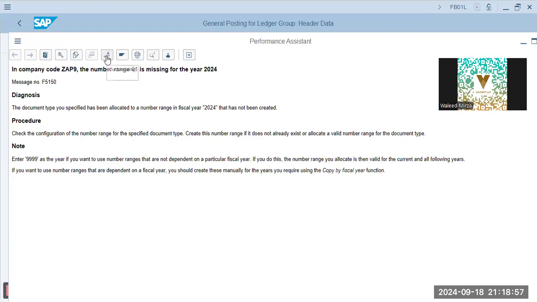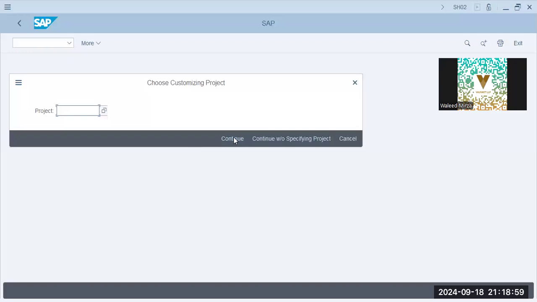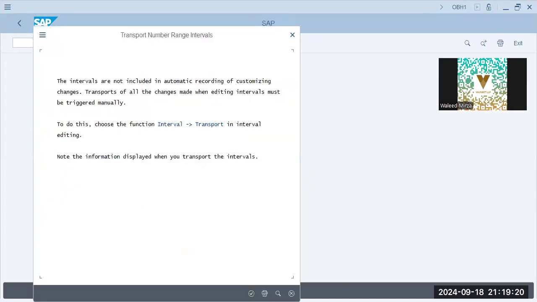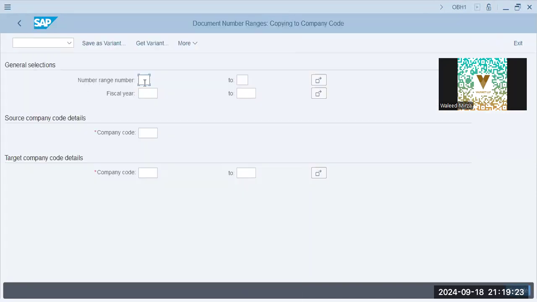I click this customizing, continue without specifying project. Define the document number ranges, copy to company code. What I'll do, very easy, company code, I'll pick up any